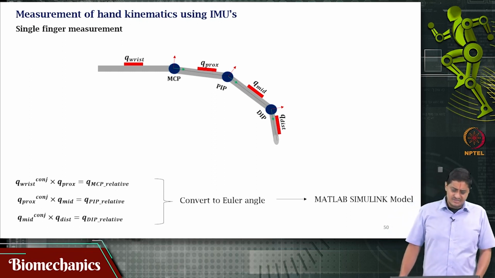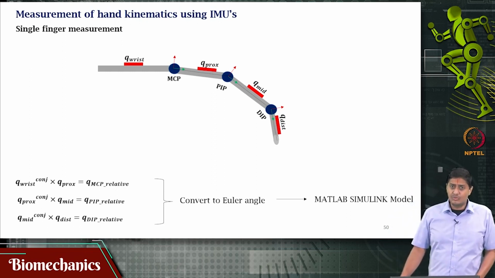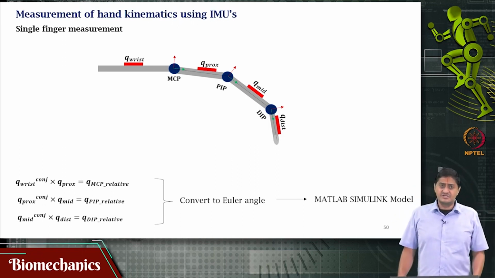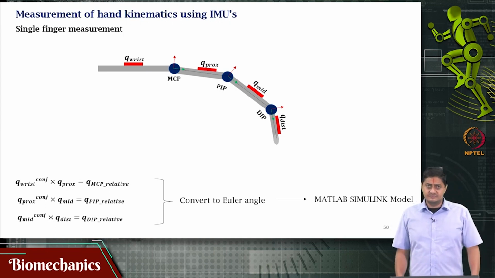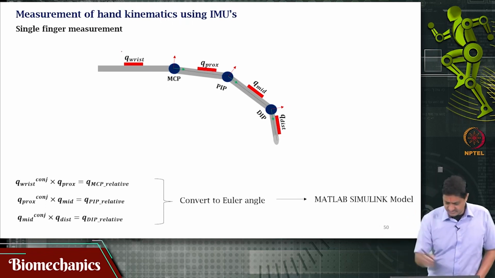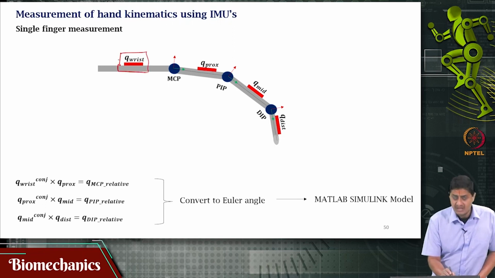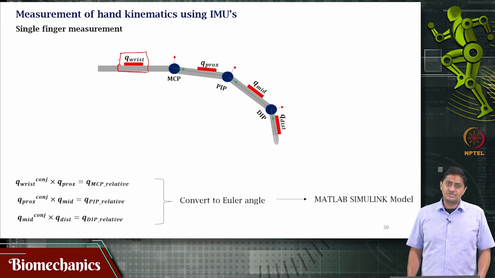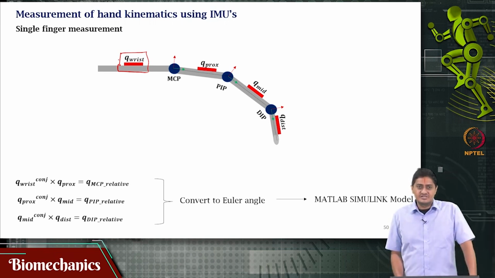Now, let us suppose that I have only two IMUs. Let us start with a simple situation, and I am interested in finding how much the finger has moved relative to the wrist or relative to the carpal bones. You place the reference sensor at a point that is just distal to the wrist joint, because I am interested in understanding the fingertip kinematics,